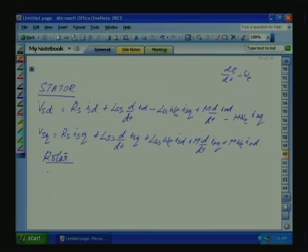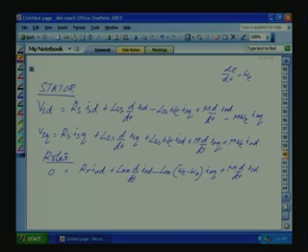Rotor VRD is equal to 0. We are not applying any voltage. So this will be equal to RR IRD plus LRR d by dt of IRD minus LRR into omega rho minus omega r into IRQ plus M into d by dt of ISD, then minus M into omega rho minus omega r into ISQ.